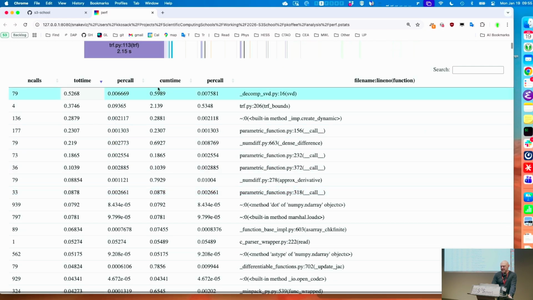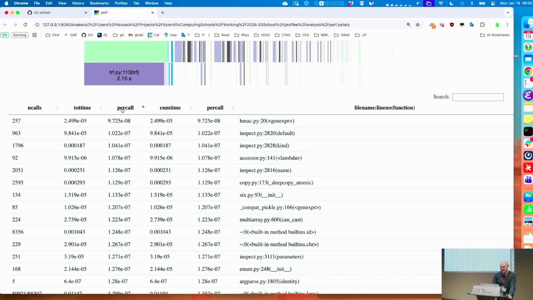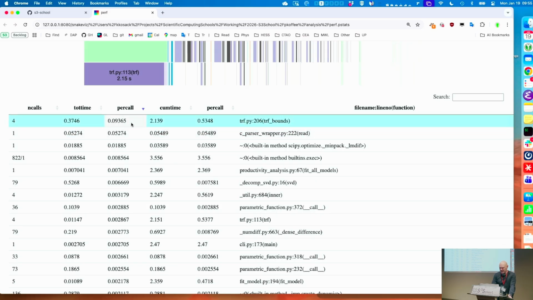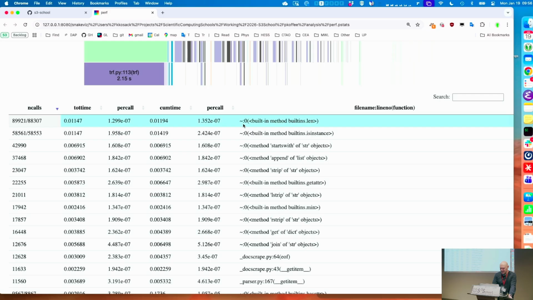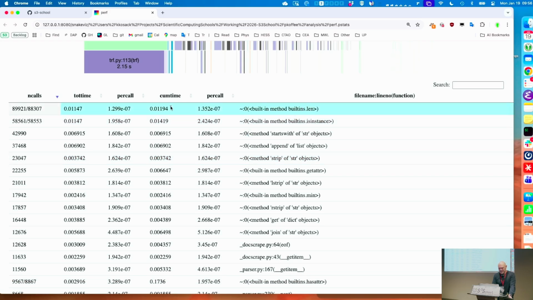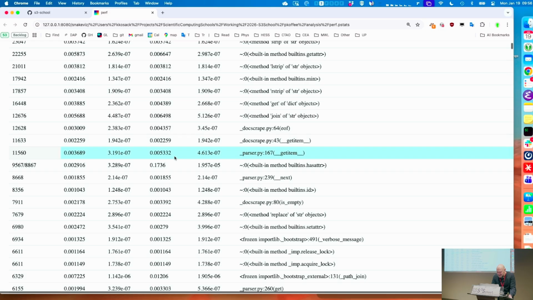And you can also see the list down here, like exactly what this cProfile thing gave before, and I can sort this as well. So by default, it's sorted by total time, I think. But I can sort by the fastest per call function, that's trf.py, trf bounds. I actually don't even know what that is in here. But the number of calls, what thing do we call the most? We call, okay, these are all built-in functions, like length we call the most, but let's see if there's something interesting. That's why you have to filter this a little bit to see where, okay, so in parser.py, I think